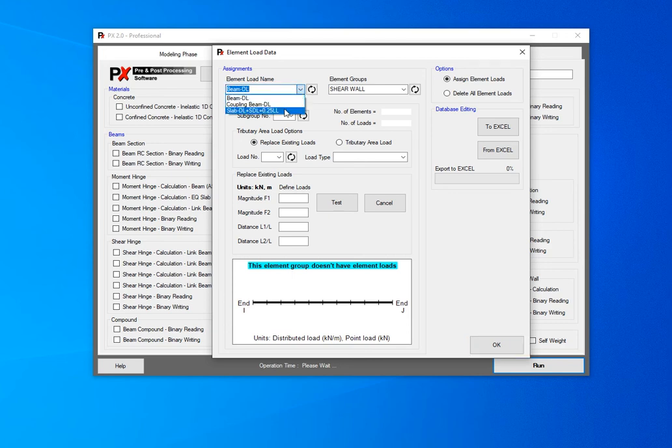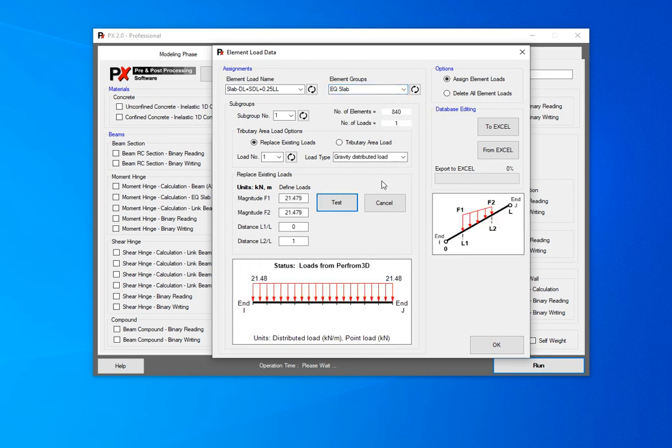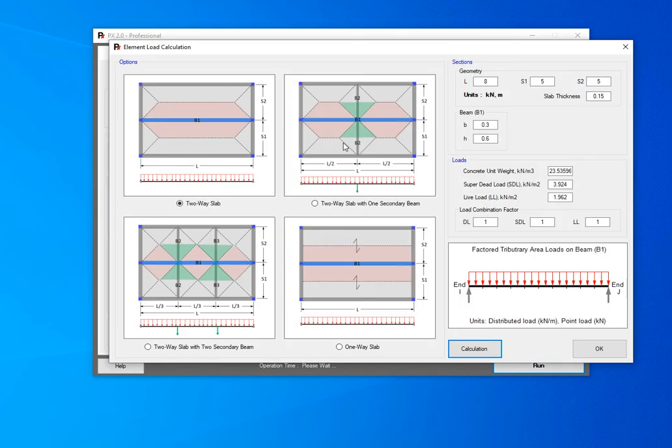I will go to the last one for this case and select the equivalent slab beam. As you see, it is the same value that is shown in Perform 3D. For the first subgroup, I would like to change the value inside. If you want to recalculate something, they have the option of tributary area load.